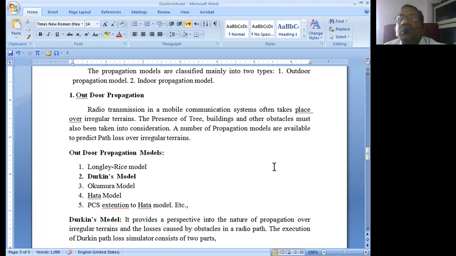Therefore, the only term we use here is mobile communication. Some other time, when you're dealing with satellite communication, we say satellite communication. Some other time, when we deal with microwave signal transmissions, we say microwave signal communication. All of them are transmitted through radio waves only. Therefore, we are simply using the same term. Don't get confused with radio communications.